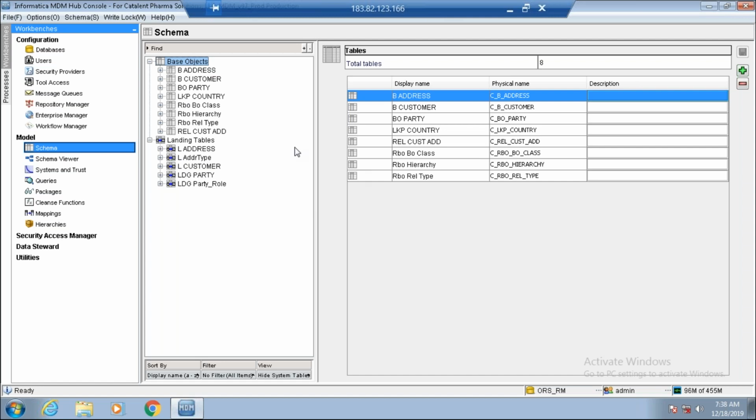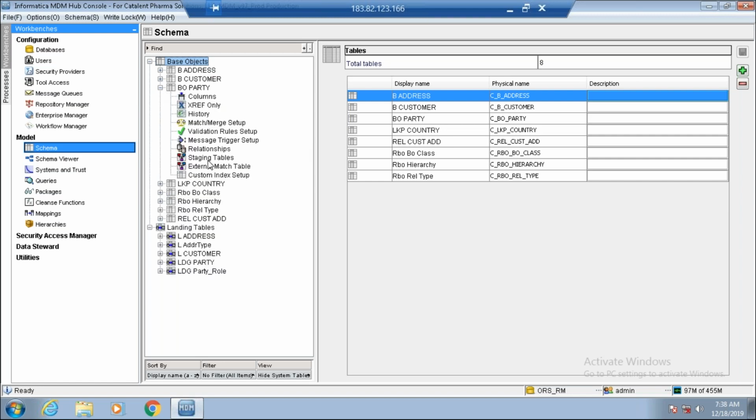Okay, let's start now. Yesterday we created a landing table, a staging table, and a base object.